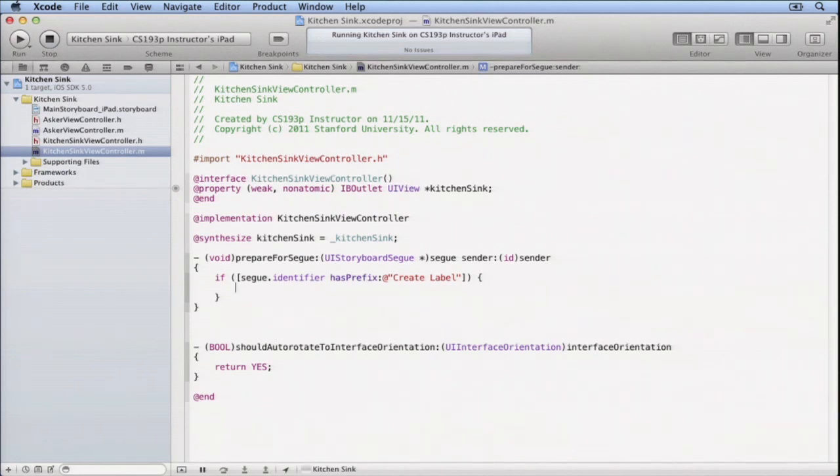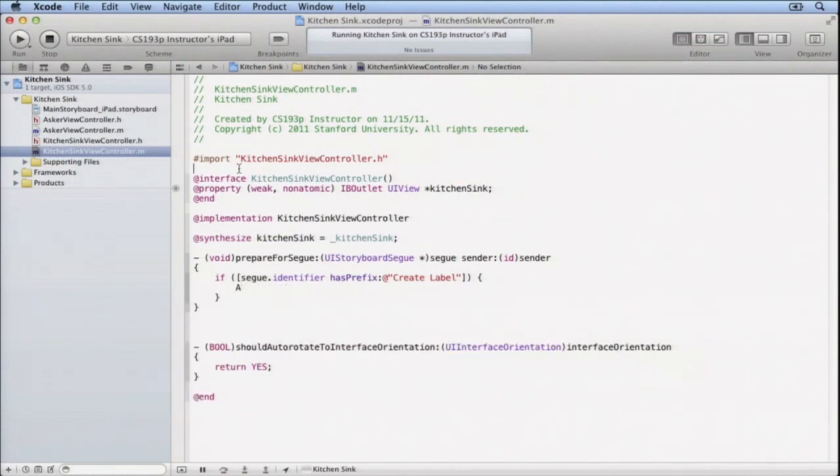And one thing I will do when I post this code is I'll put some more buttons in the toolbar for you that do dissolve and all these other things. So you can just click on them and see what they do, instead of having to go and change the thing in the inspector. It'll just be a lot easier. You can just click curl, page, dissolve, page, form, and just see what they look like. They'll each have their own segue identifier, but they'll all start with create label because that's what this is doing. So I'm just going to go ahead and import asker